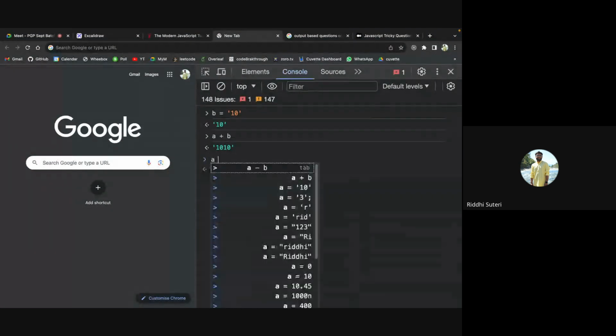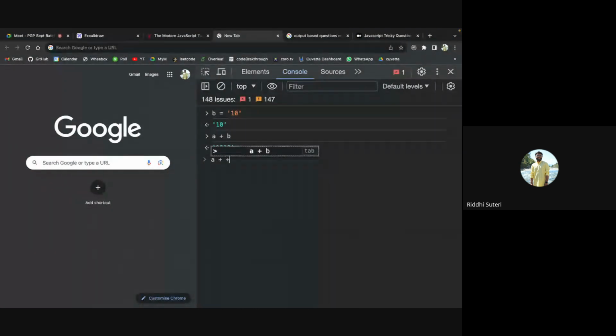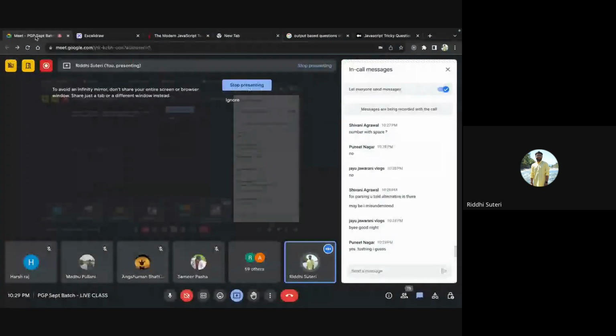I was saying that you can do a plus +b, something like this, and you'll still get 20. It's just like a shortcut, or a different approach: you can just add a plus in front of a value to make it behave like a number. You can choose to go with this way, or you can totally ignore it, and this will also give you a numerical version.